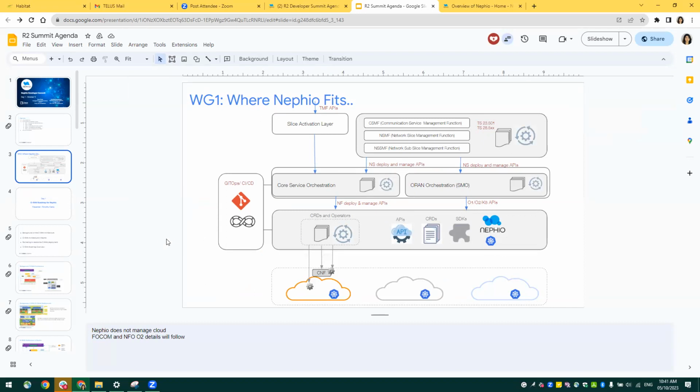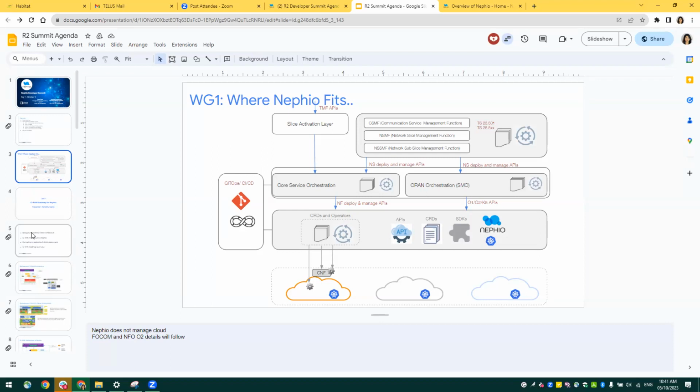So we want to be mindful as well about the type of expectation we set here. Right. And we can also add the disclaimer that these are some initial thoughts. These are some ideas where Nephew could fit, where Nephew could evolve. This is evolutionary. The community is still working on finalizing the details on how the evolution would happen eventually. So all these disclaimers will put us in a relatively less critical stage.